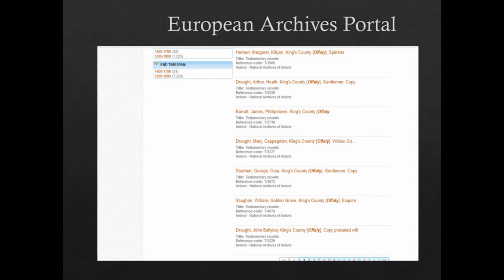Ironically, this archives portal may be the best way to view material which is located in the National Archives of Ireland. And it might surprise people to learn of records relating to places in Offaly which are